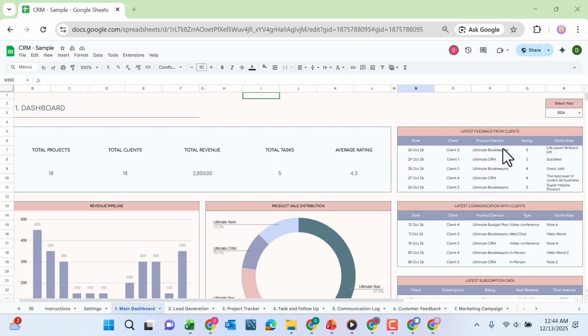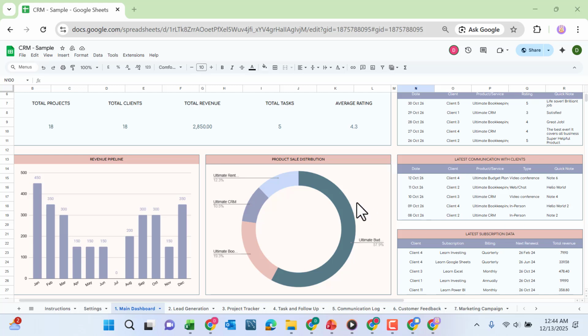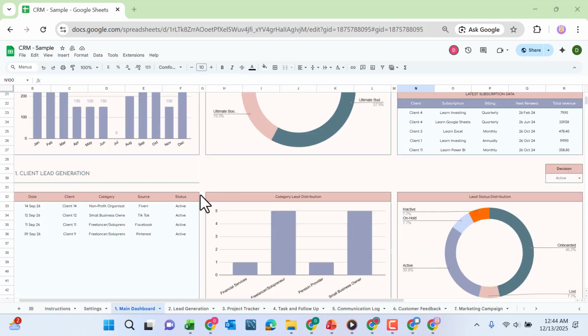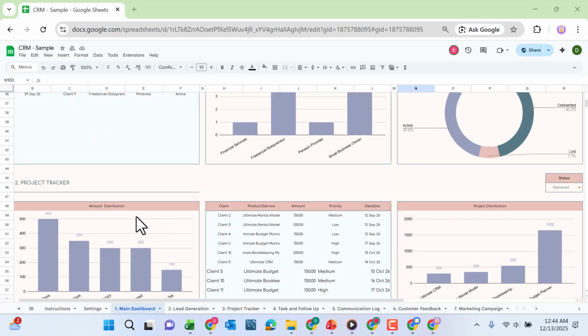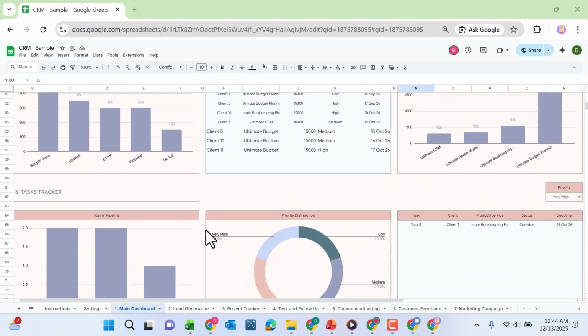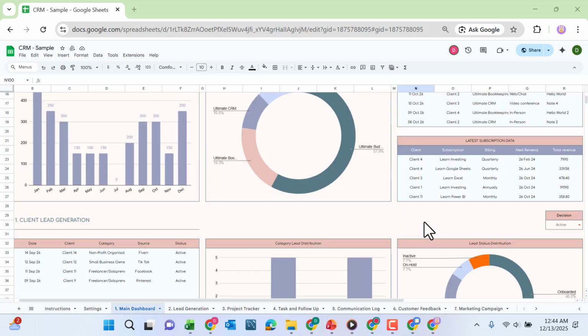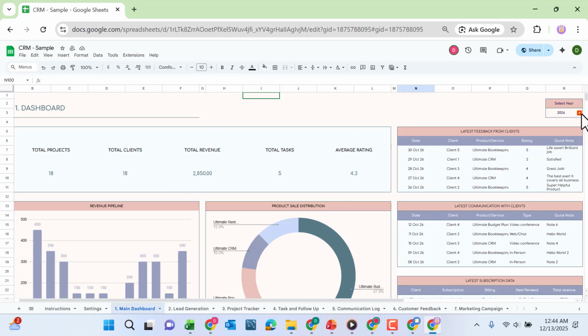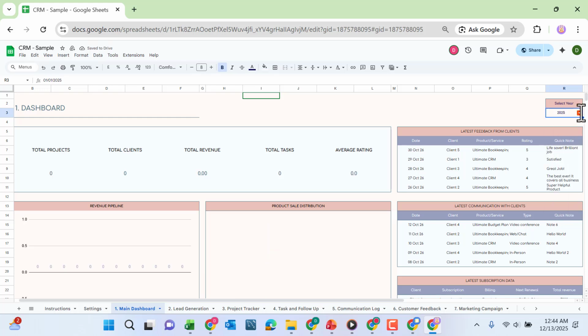This is the latest feedback from the client, latest communication with the client, product distribution, revenue pipeline, latest subscription data, and everything. Client lead generation data is here, then the project tracker, then the task tracker, and we have some of these drop downs. For example, if we want to see the data for 2024, the data is in here. For 2025, no data. We have data for 2026,